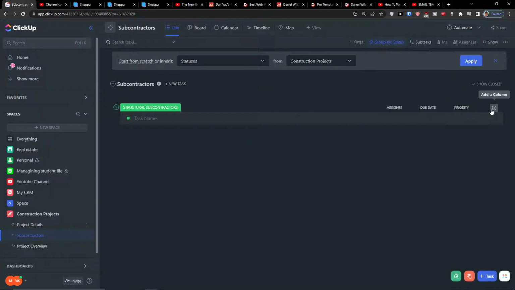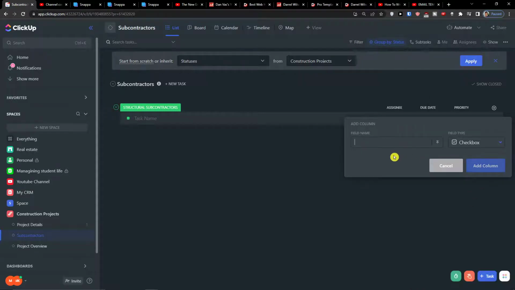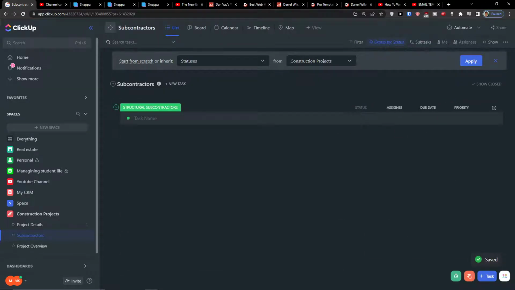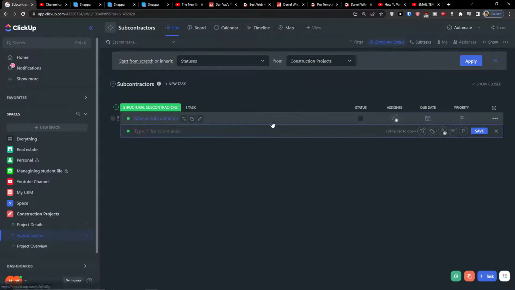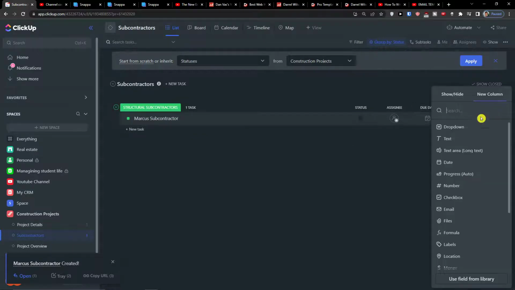Now what we can have here, first thing is a checkbox, or it can be called like status, if it's actually all right or no. So let's say this is going to be Marcus subcontractor. Now when we have it, we can have status like if it's working for us or no, or how it's going. First thing is going to be the type,